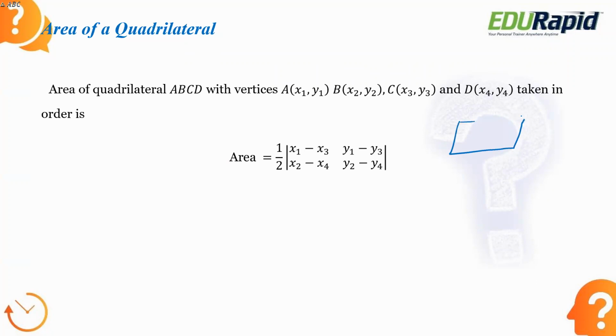See, as you observe, to remember it in an easier way, and x4, y4. So here, x1 minus x3, the opposite ones. Just see here, half into determinant of x1 minus x3. Then y1 on the next, y1 minus y3. Similarly here, x2 minus x4 and y2 minus y4. So it is the opposites of each other. Okay.